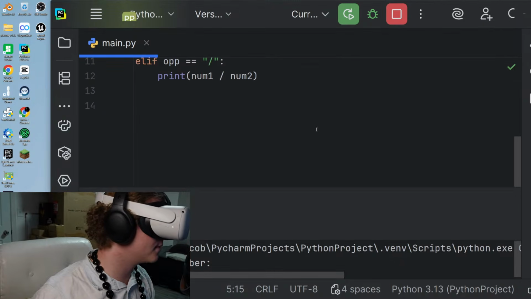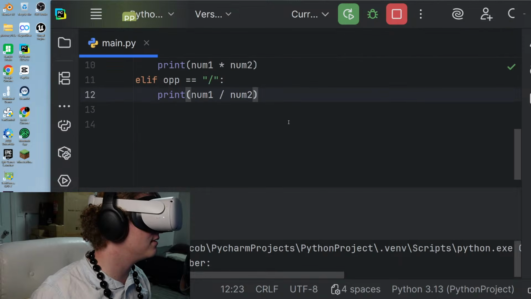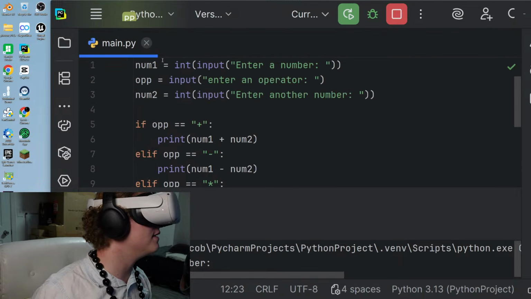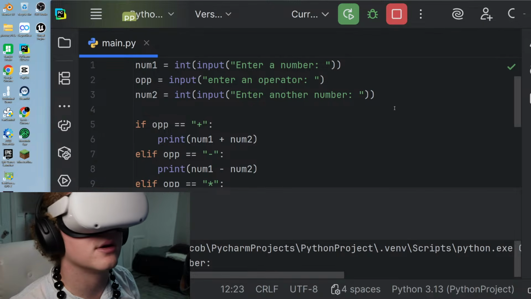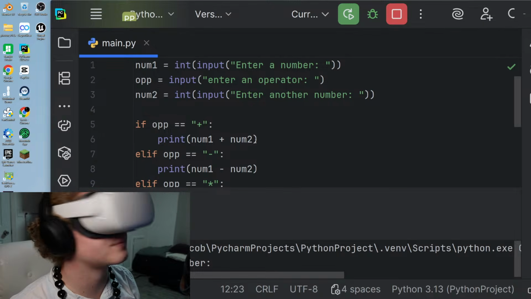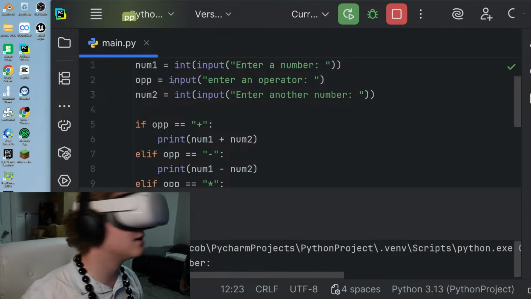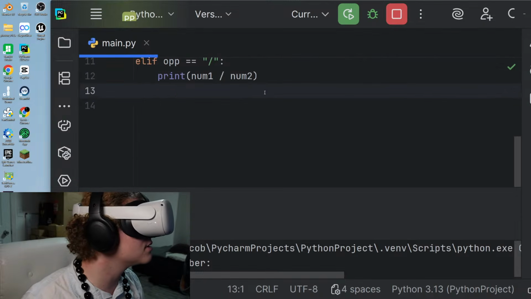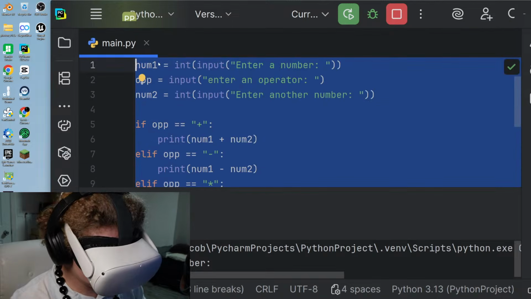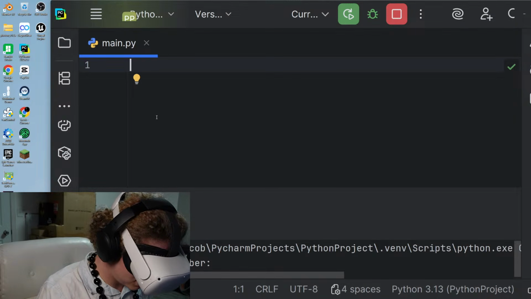Okay. Here's what we're going to do. So this is going to first ask for that. I think we can, okay. So what we got right here is a simple calculator, right? It's a very simple calculator. And what it's going to do, it's going to request two numbers and a thing, right? A thing. But there's a problem with that, right? Because we're going to delete this and we're going to